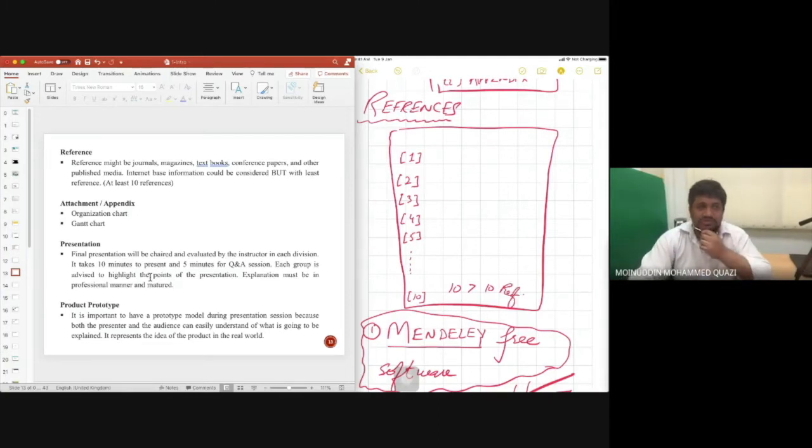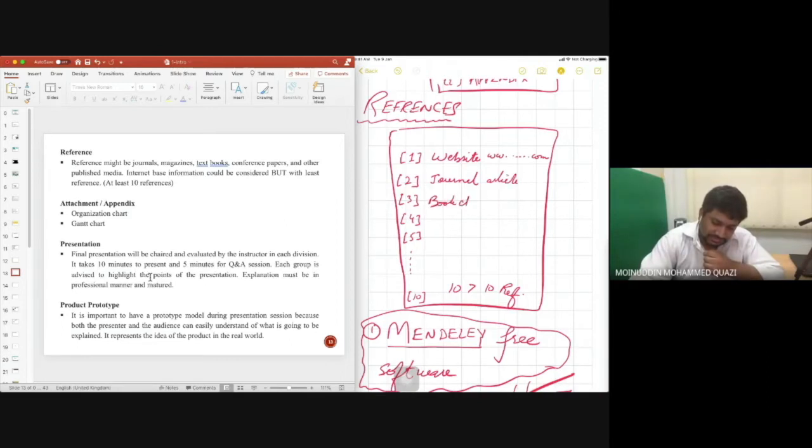These references can be a website URL, a journal article, or a book chapter, something like that. As an example, today I will show you how to add references using EndNote software.